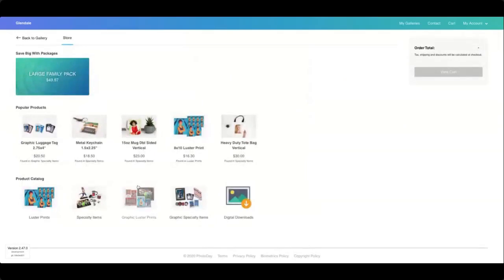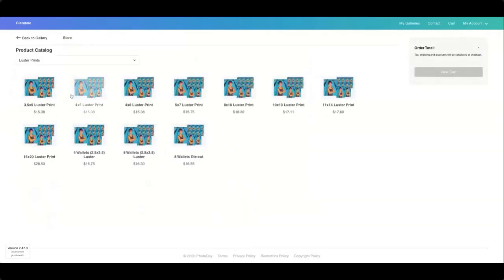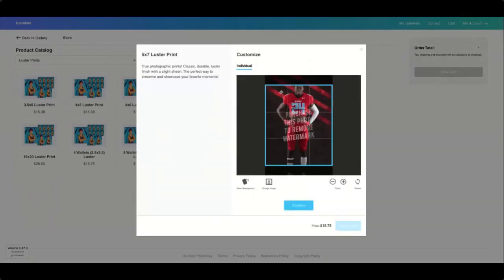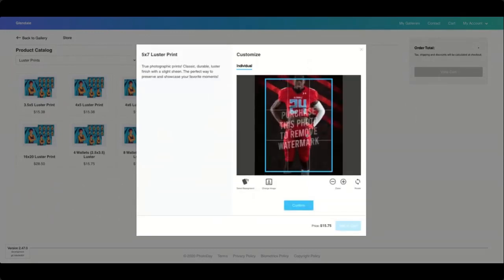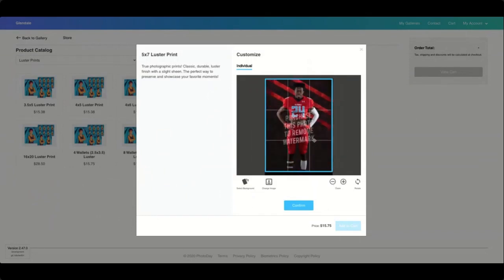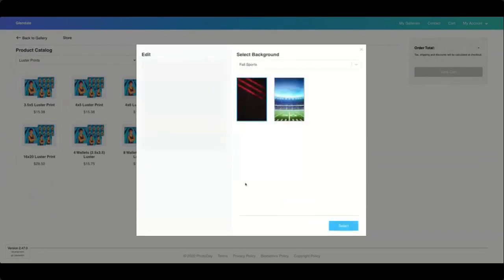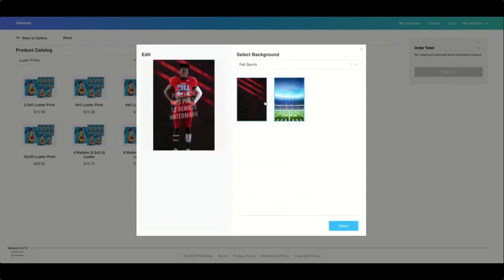in that collection here. So I'm going to go over to buy and I'm going to show you what this looks like. We'll just pick a 5x7. So they're still going to be able to adjust the crop. Obviously, they can zoom in and out how they want to do this. But the cool thing too is they can select the backgrounds that they want based on the ones that you